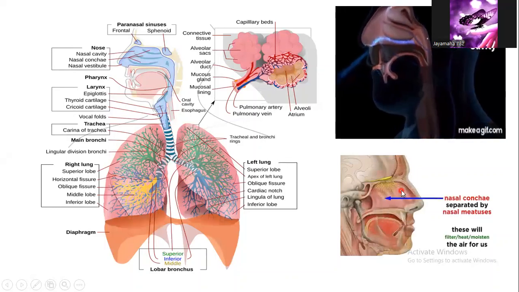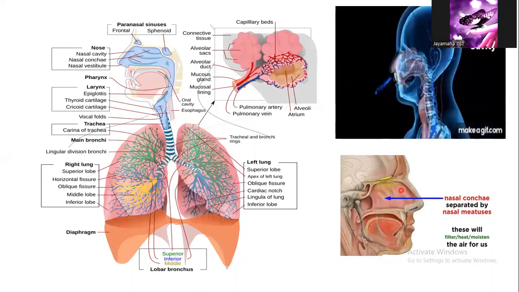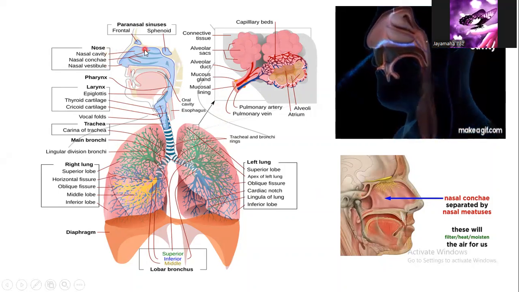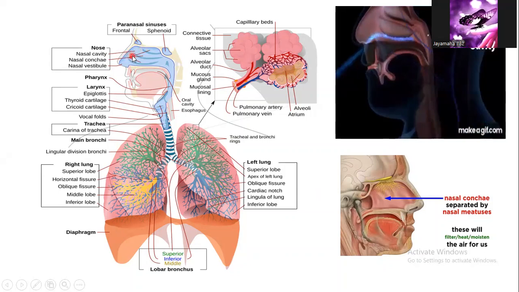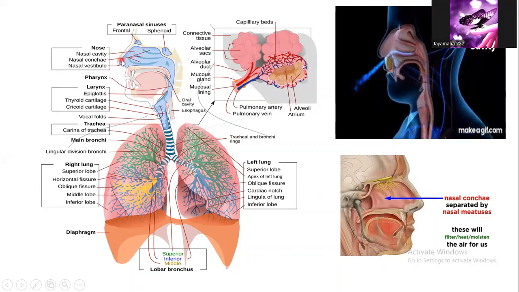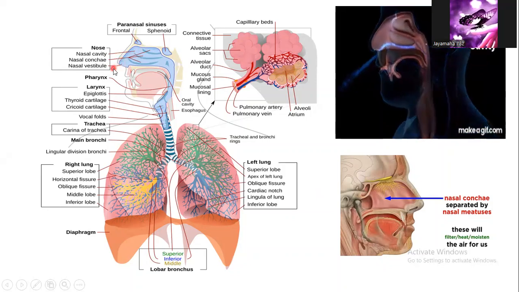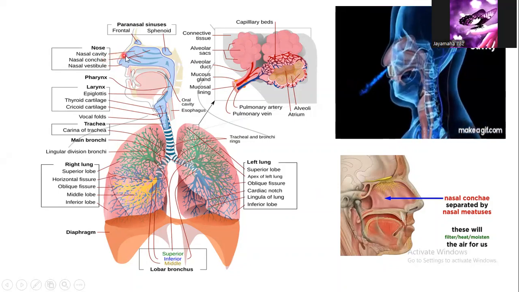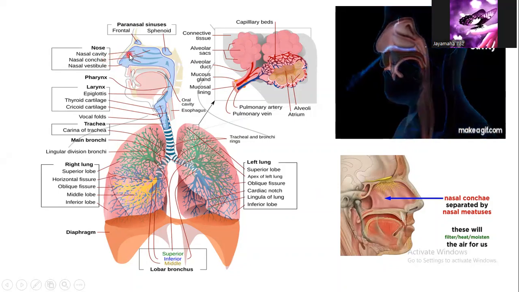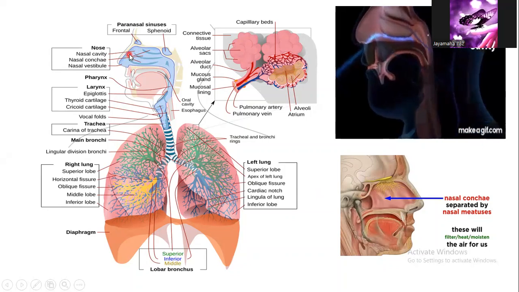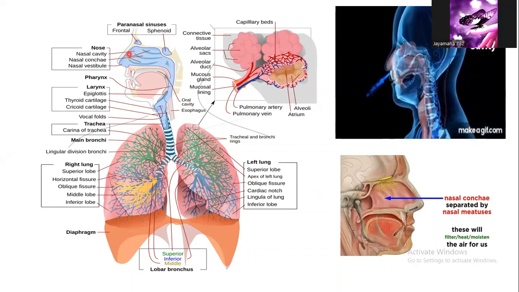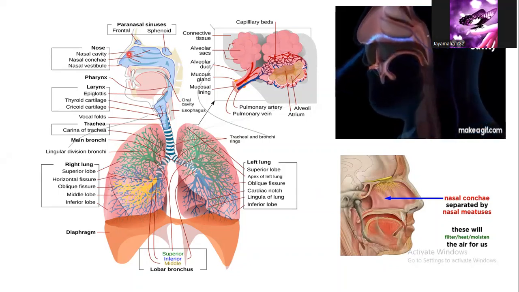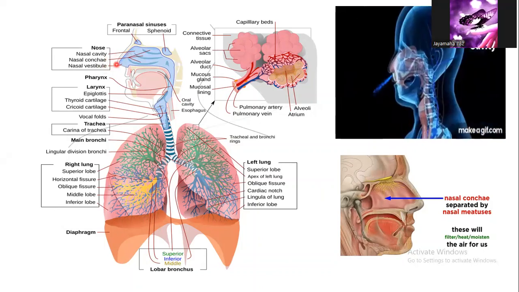Let's see the first part of the upper respiratory tract. That is the nose. The nose is comprised of the nasal cavity, the nasal concha and the nasal vestibules. This nasal cavity is separated from the oral cavity by the palates, the bony hard palate and the muscular soft palate. And then this nasal concha